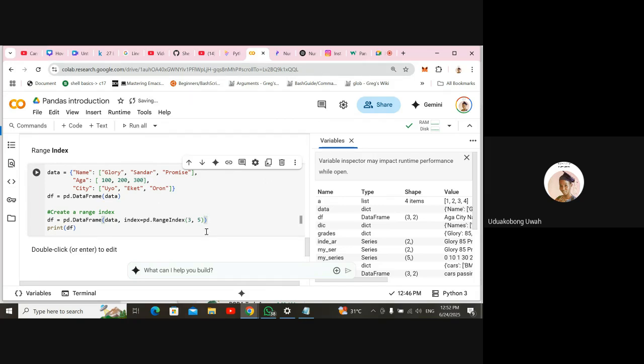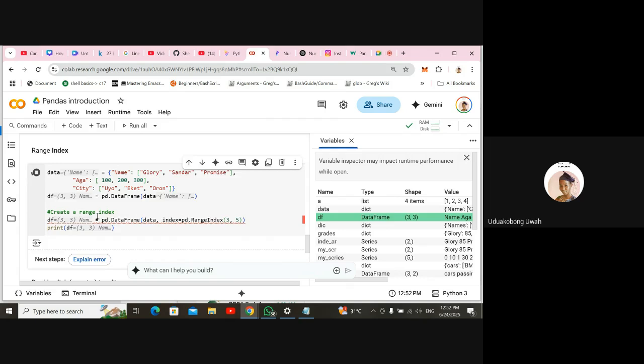Anyhow you want it, but you must set your start and your stop. I could start from 2 and end at 4, but I just decide to start with 5 and end at 8. So if I save